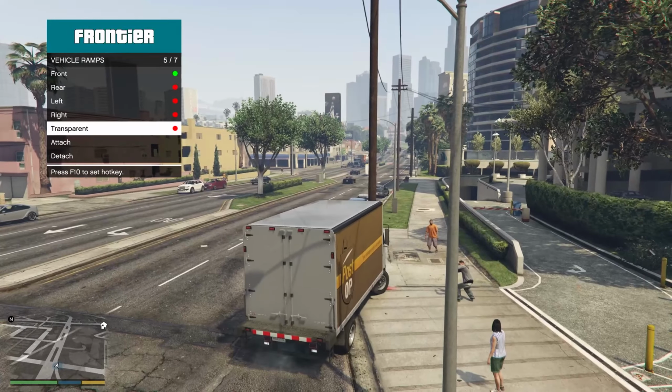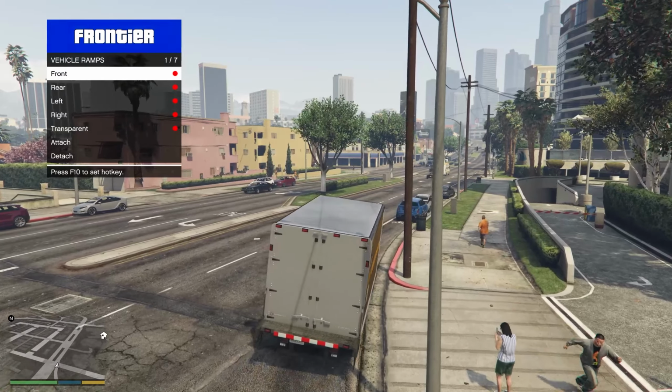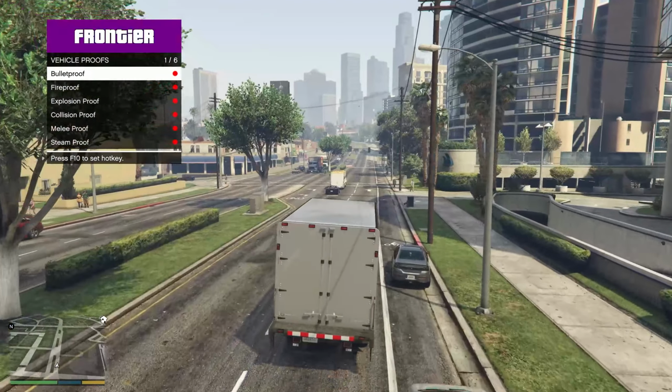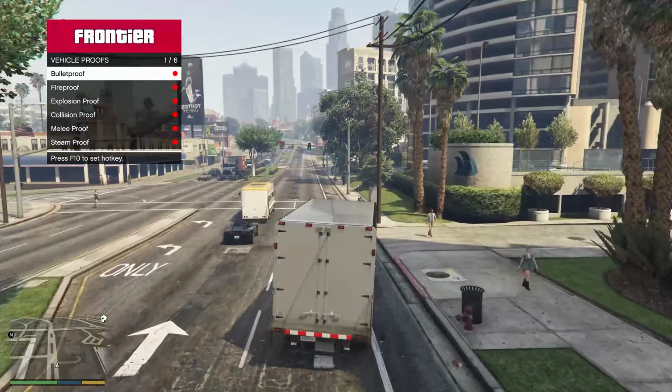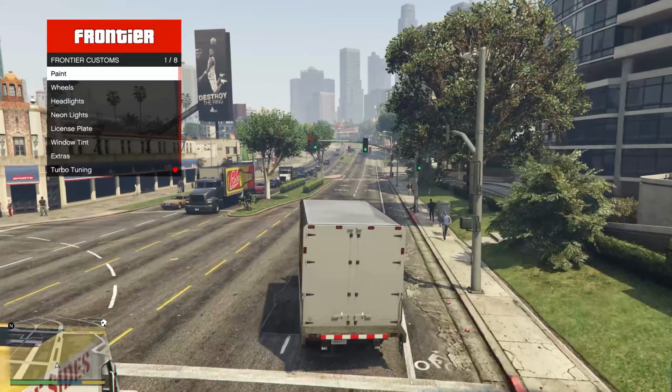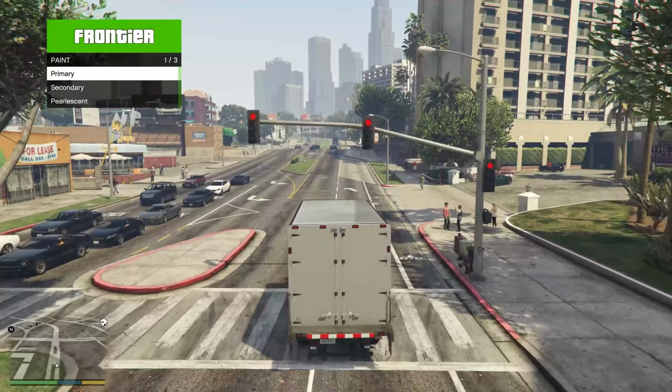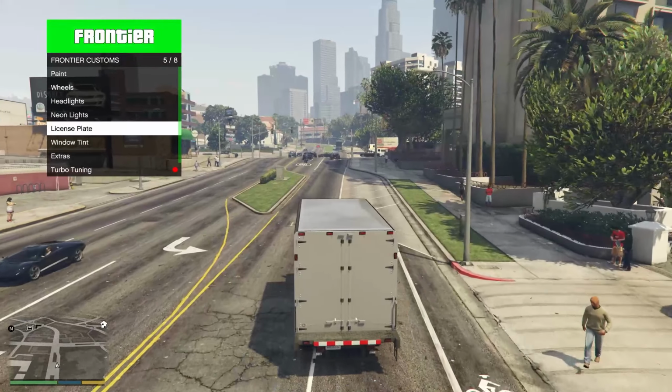We can make it transparent so nobody can see it, and we've got tons of different options here: front, rear, and left as well. We've got the proofs, which is the exact same as on yourself, but with the vehicle. And we've got some Frontier customs, so we've got some paint. It's essentially Los Angeles Customs, but